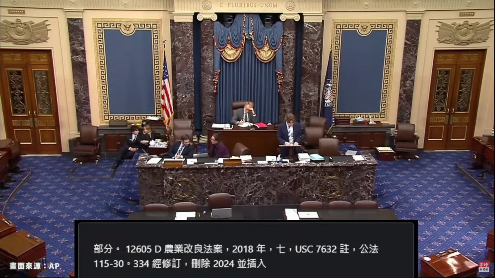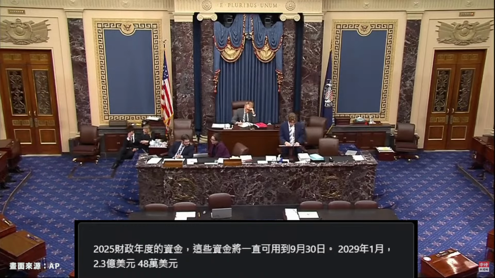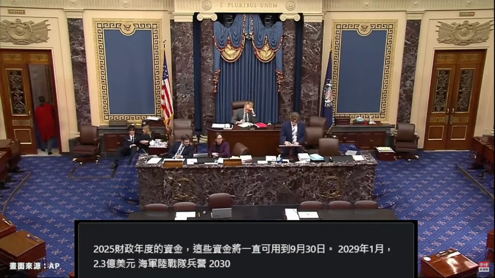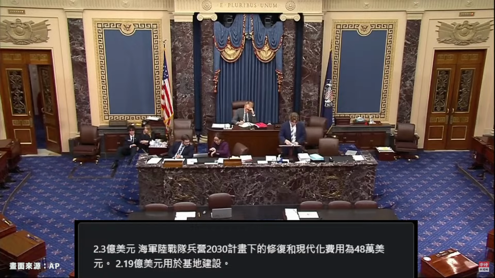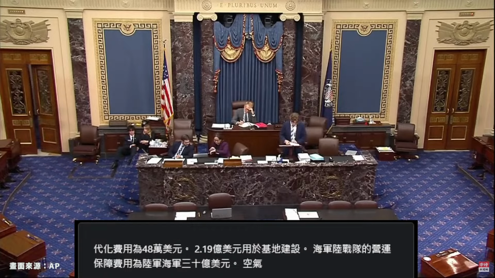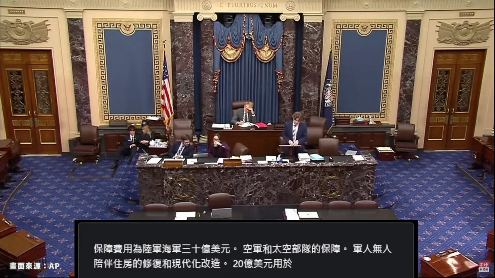(1) $230,480,000 for restoration and modernization costs under the Marine Corps Barracks 2030 initiative; (2) $119 million for base operating support costs under the Marine Corps; (3) $1 billion for Army, Navy, Air Force, and Space Force sustainment, restoration, and modernization of military unaccompanied housing; (4) $2 billion for the Defense Health Program; (5) $2.9 billion to supplement the basic allowance for housing payable to members of the Army, Air Force, Navy, Marine Corps, and Space Force, notwithstanding section 403 of title 37, United States Code;